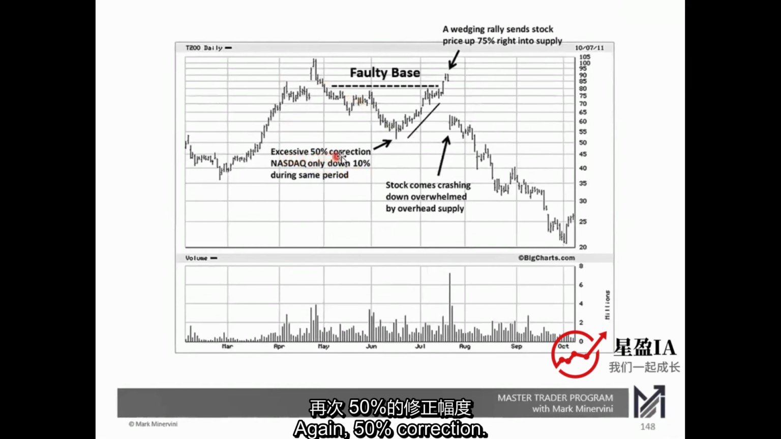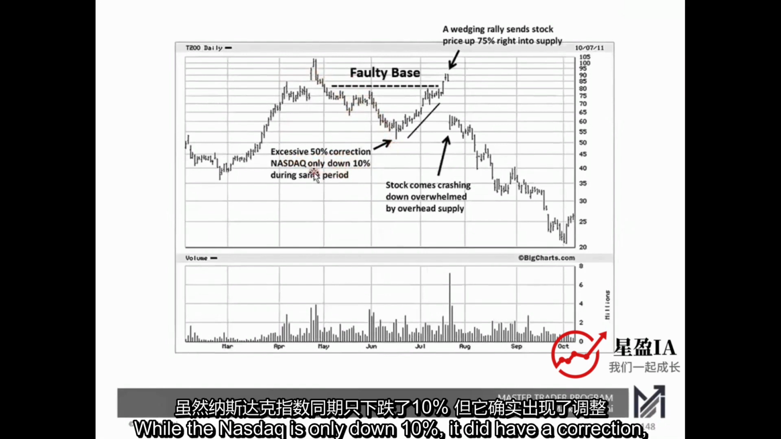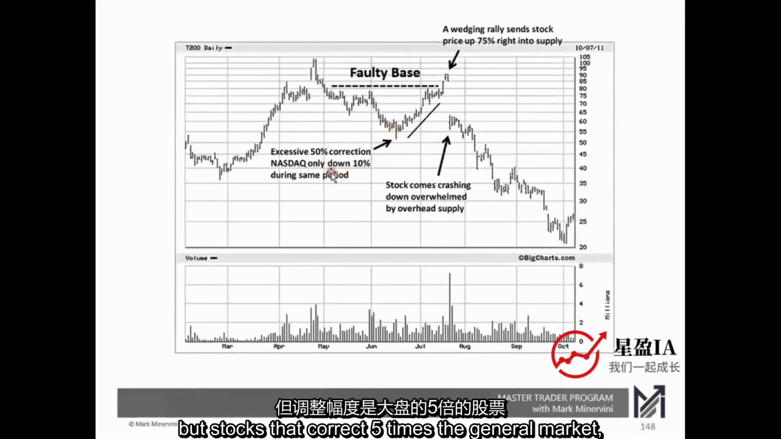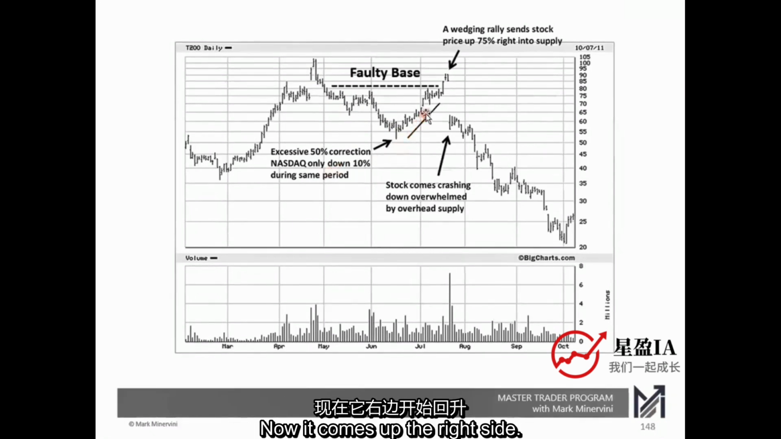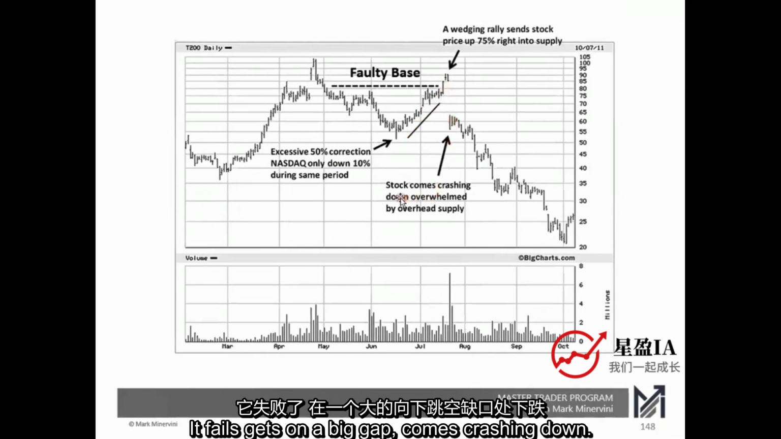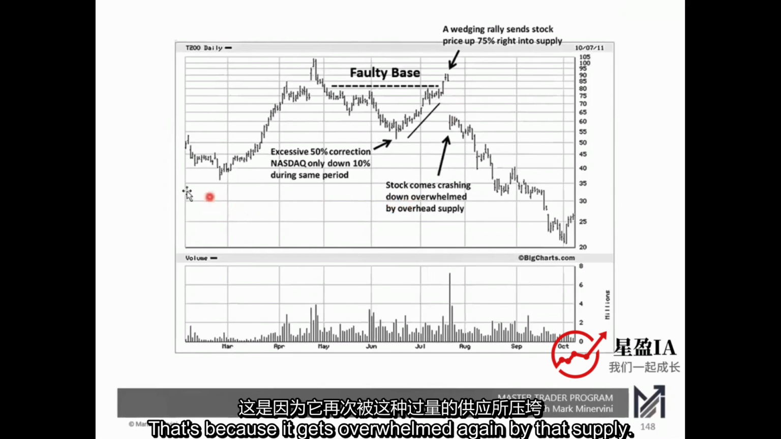And again, 50% correction, while the NASDAQ is only down 10%. It did have a correction, but stocks that correct 5 times the general market, right there, that's telling you that something's wrong. Now it comes up the right side. It sets up. It does contract, breaks out, but then look at this. Pow, it fails, gets on a big gap, comes crashing down,